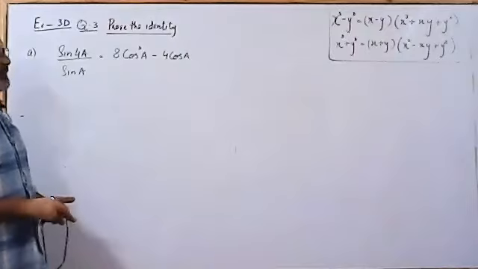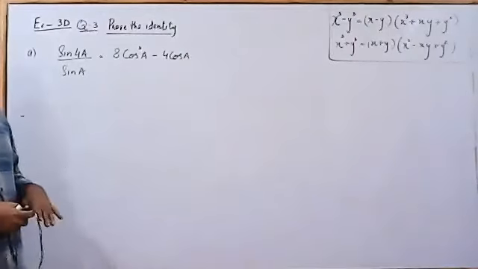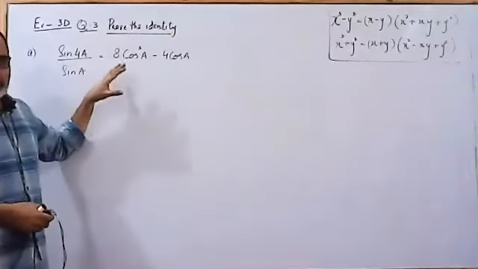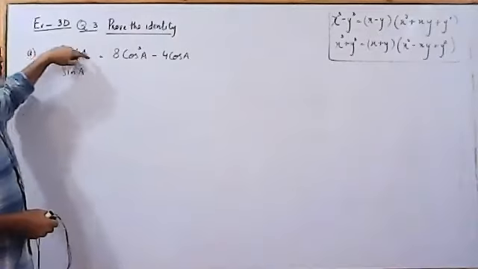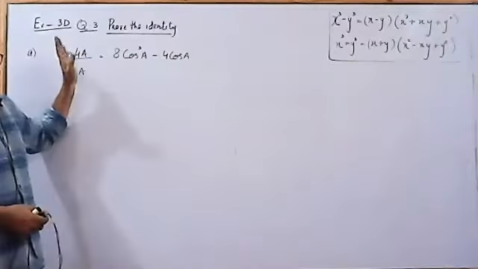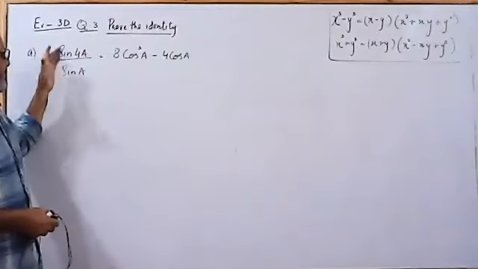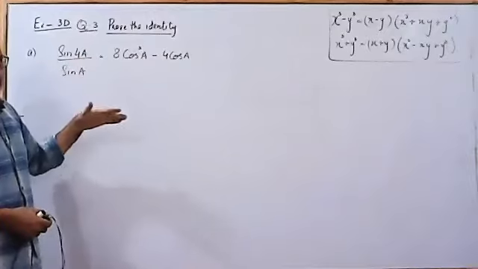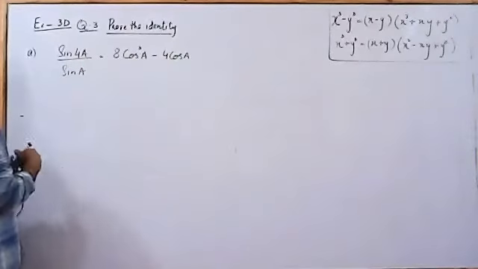To prove the identity, in this case, I am not going to pick the side with the greater number of terms. This right hand side seems to have more terms, but here my concern is the sine 4A. So to convert cos A into sine 4A would be a bit difficult for me. So I will proceed from the left hand side. I'll try to change 4A into A in terms of cos. So I'll start from the left hand side.